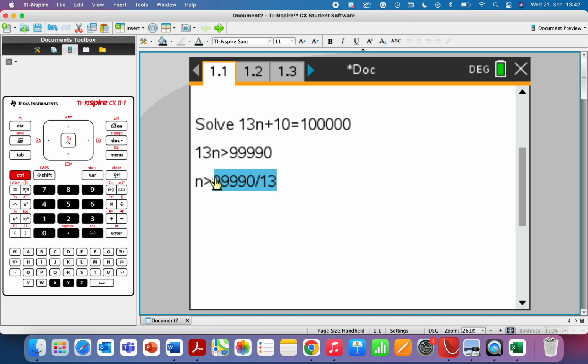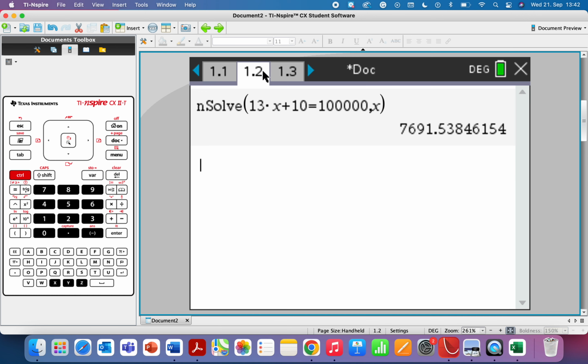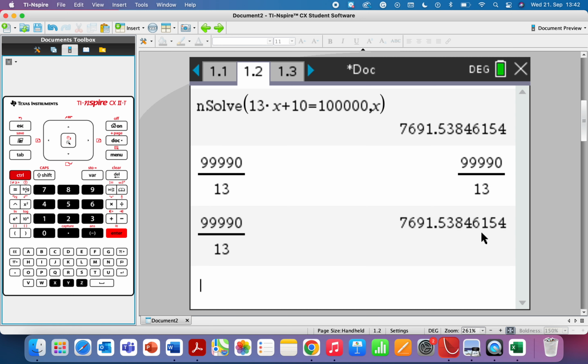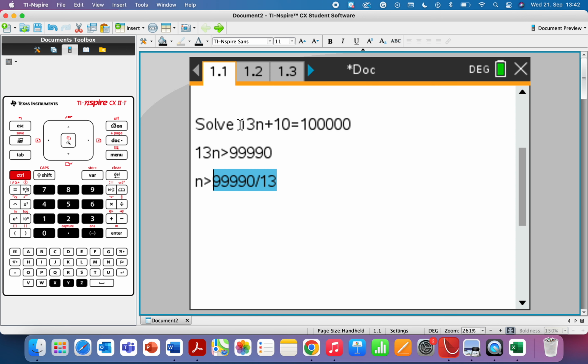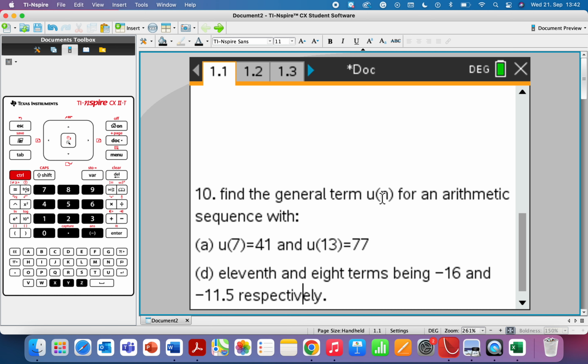Obviously this equation here, if I copy and paste it across, type it in here, and we press Control Enter again, it's the same answer, right? So Nsolve lets you solve equations. It gives you one solution, but of course if you've got a good understanding of algebra, you can solve that. All right, let's go to the second question now